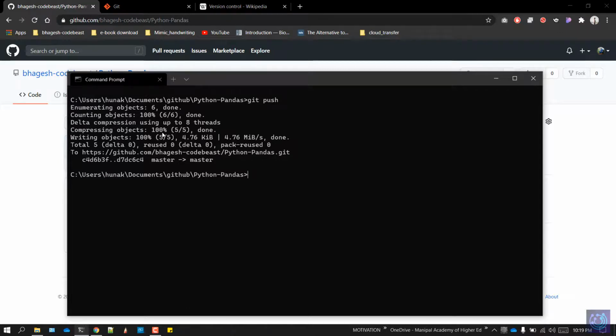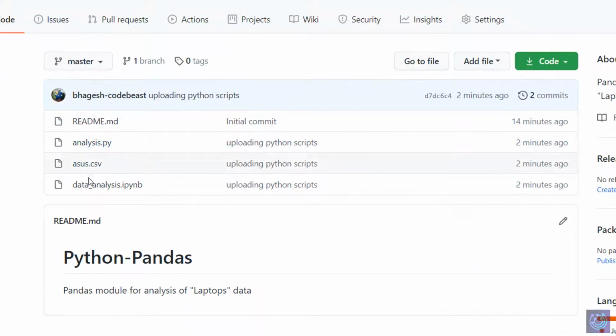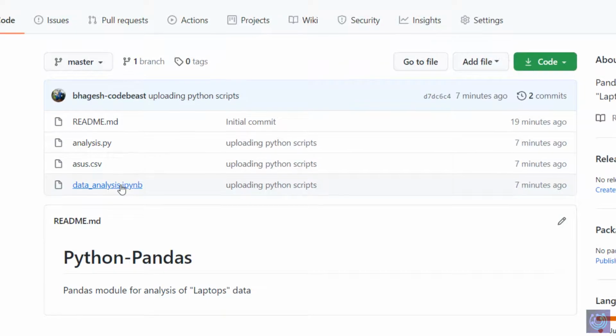This is a ton of data to digest. For now, just remember that the git push command pushes all the commits, or all the changes which you have made locally, to the repository which is online. If I go back to the repository and check what happened, you can see that all the files in my directory, the CSV, PY and Jupyter Notebook files, have been added to the online directory. This is how you upload the changes which you make to your files to the online repository. All the files have been uploaded here, and I can have a look at the files right from here.